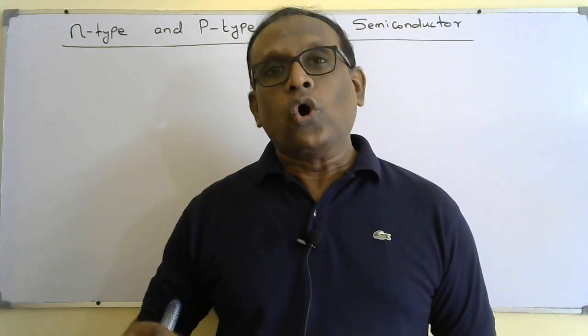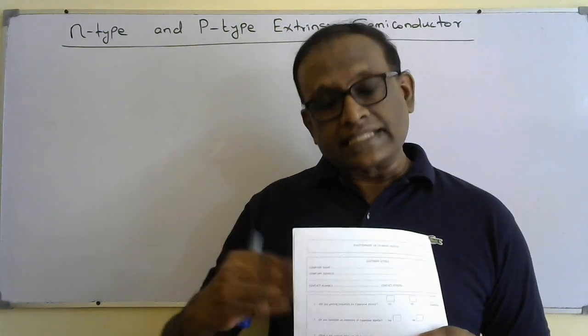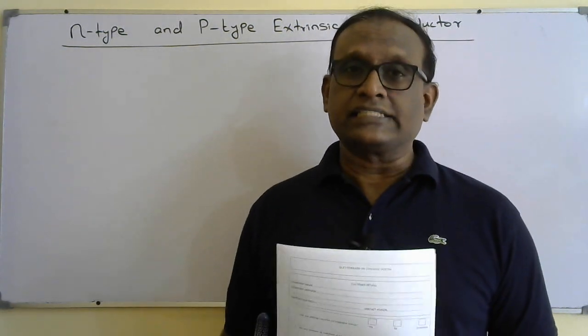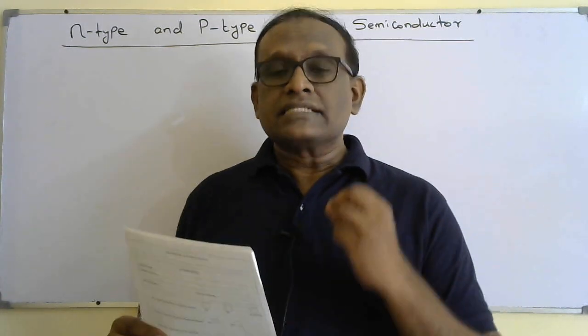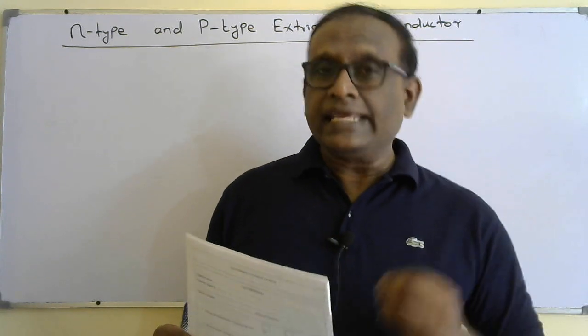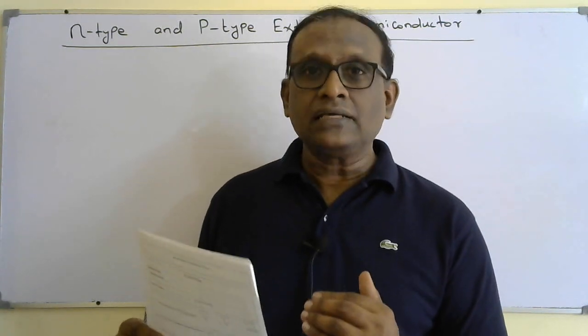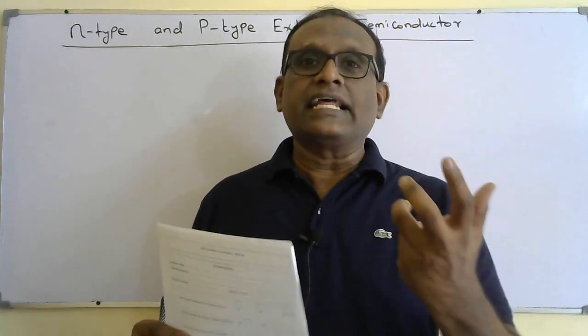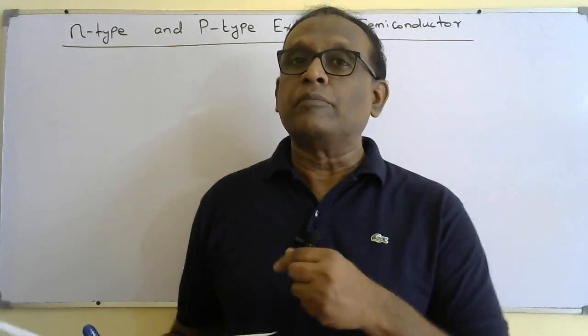So there will be a hole in the valence band without exciting any electron to the conduction band. Therefore, after doping the semiconductor with a group 3 element, there will be a larger number of holes in the valence band, and the number of conduction electrons in the conduction band will be much smaller compared to the number of holes in the